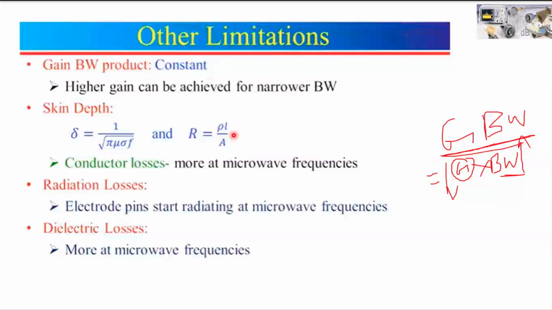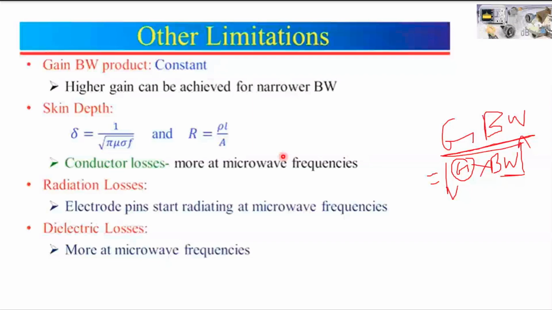So as the effective area is reduced by skin depth, the resistance of that conductor will increase, and because of this increased resistance, there will be more conductor loss at microwave frequency. So see, frequency increases, skin depth decreases, surface current decreases, resistance increases, more conductor losses at microwave frequencies because of